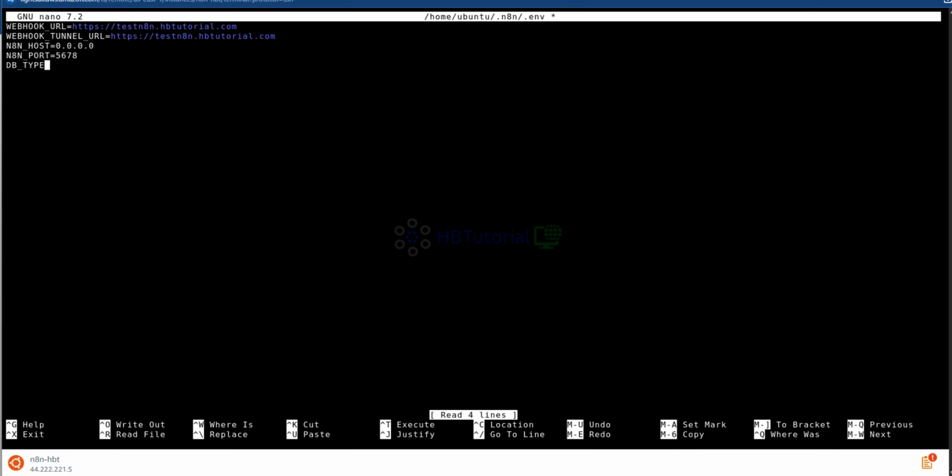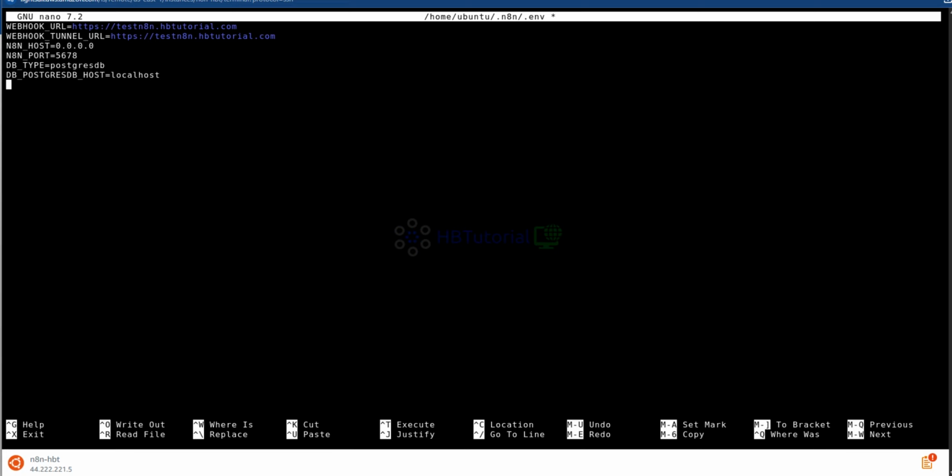Database type equals postgres database. Okay, DB postgresdb host equals localhost.